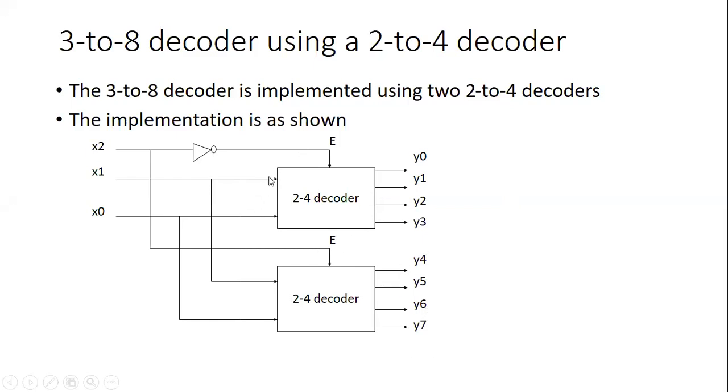What are the inputs is varying, what we get as the output is varying. So what are the inputs over here? X1 and X0 is only the input, but X2 bar is given to enable. What is the input over here? X1 and X0 as the input, with X2 as the enable. So keeping this in mind, we will do the coding. We have three gates, NOT gate, two 2:4 decoders. So we'll just use that and we'll do the coding.